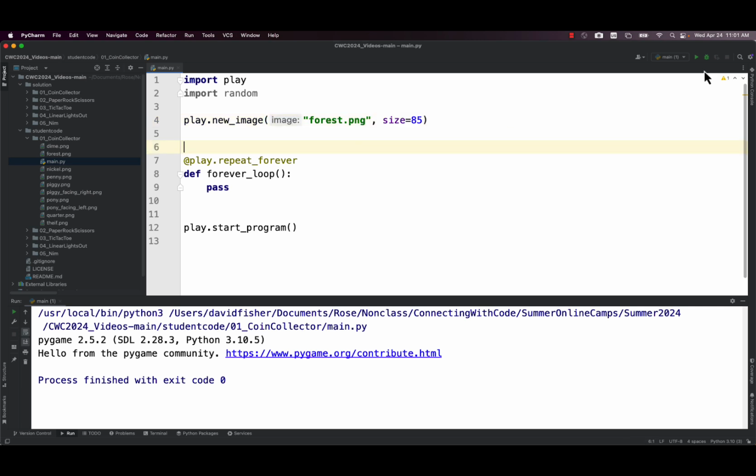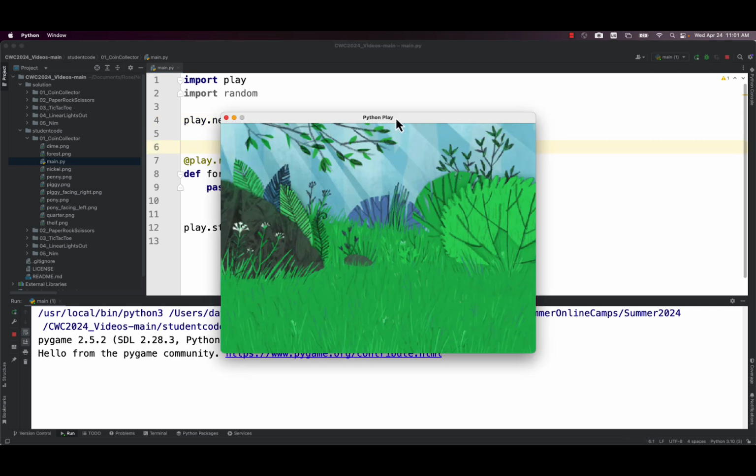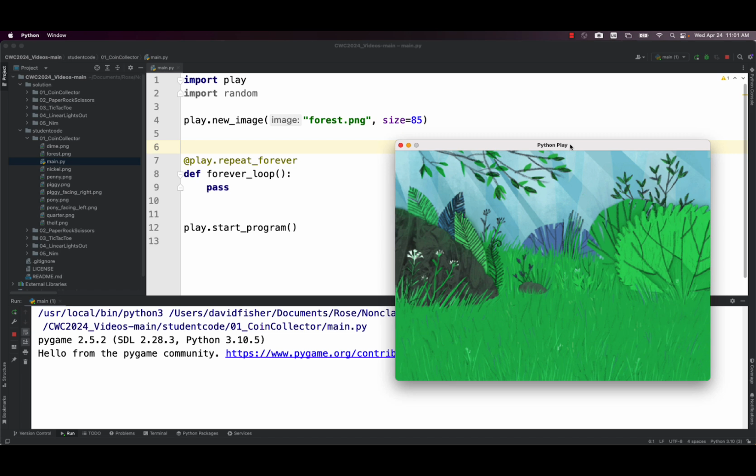All right. So we're just kind of learning slowly but surely. What we're doing here, just to kind of share, is it's making what's called a sprite. So a sprite is a visible graphical thing, and it has an image, and you can see it. And then it's also got properties that you can set, like its size, its X, its Y, and things like that. Let's make another sprite.